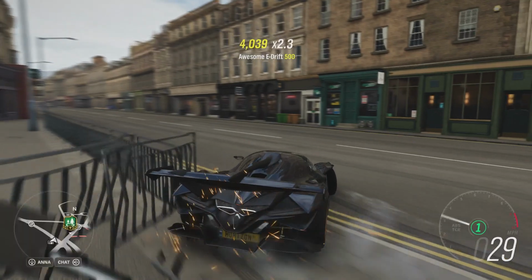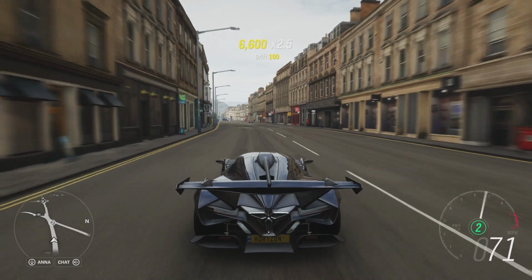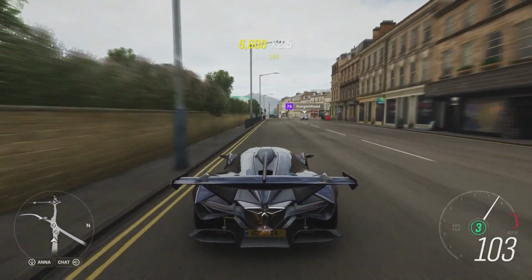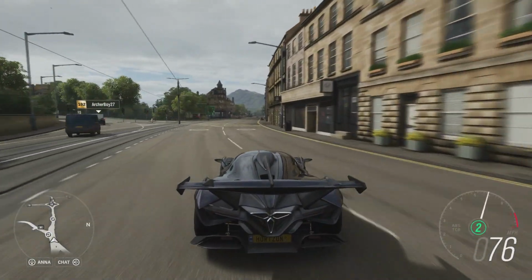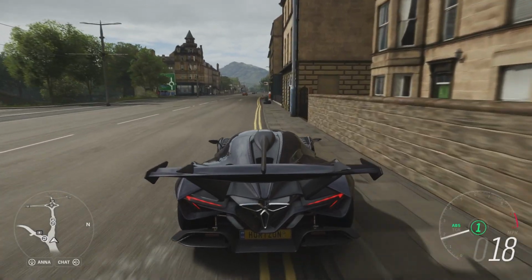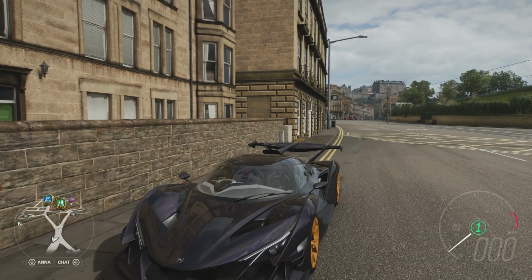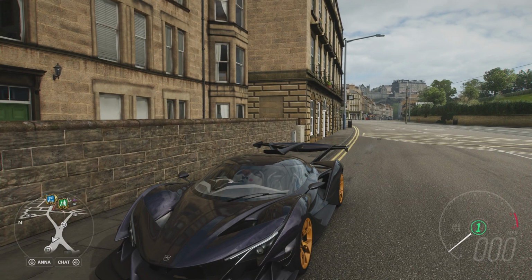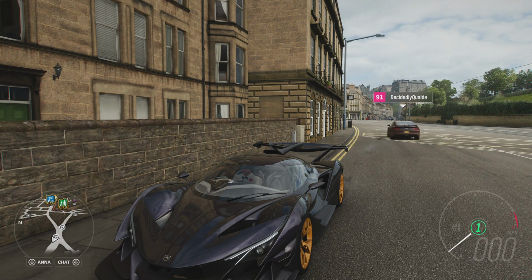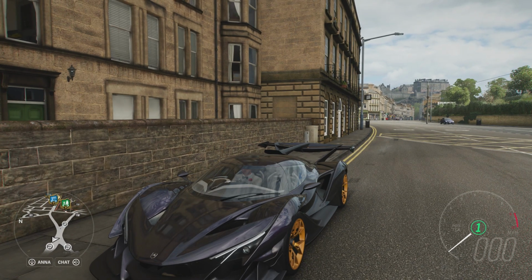Sure, it's a little bit of a handful at lower speeds like that, as it struggles to gain grip, but that's my only real issue with it, outside of obviously the steering wheel, but that really doesn't matter on this game. So yeah, mightily impressive vehicle, and it really does make me wish that we had the Gumpert Apollo on this game, because that is literally the opposite of this car, which is ugly, is a little bit more technological in terms of what it's trying to do and stuff like that. But this is a definite improvement over that in terms of looks and uniqueness, and really does set itself apart from other vehicles in its class, as well as in terms of being able to do its own